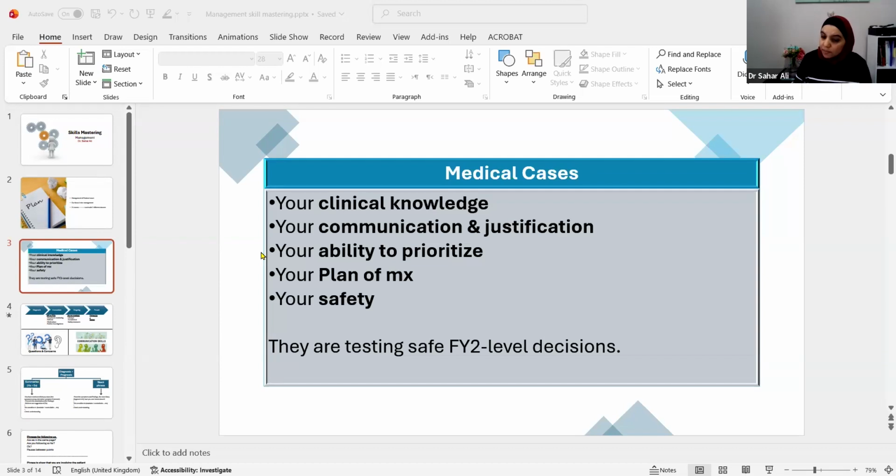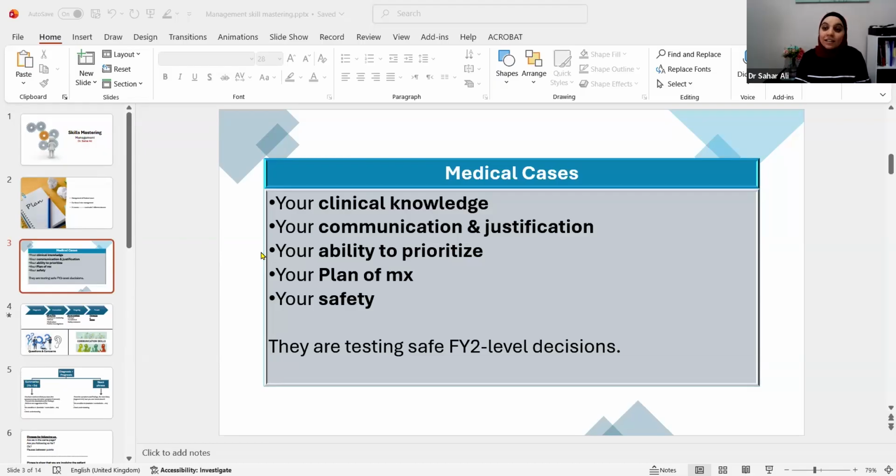Should I stabilize the pain first, or refer the patient to a specific specialty? What should I do now? All right, let's say a patient is presenting with severe pain, and in your management you do everything, refer the patient, do the investigations, and you forget about stabilizing the pain. This is your priority now. The patient is in pain.